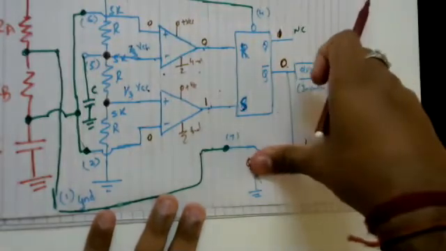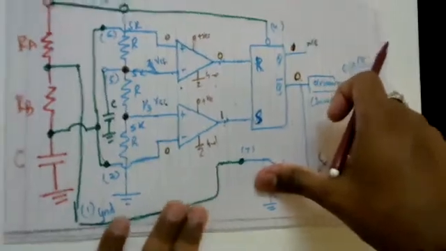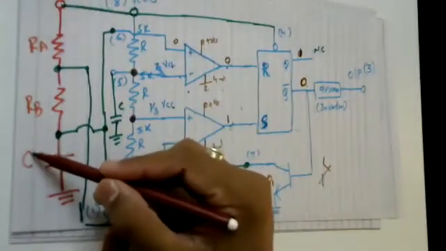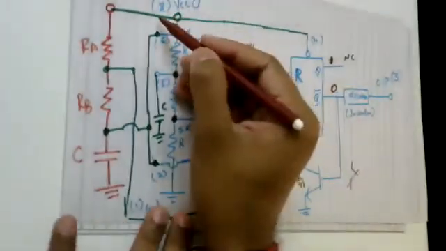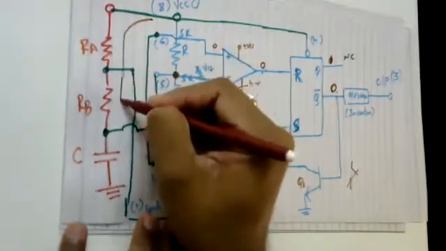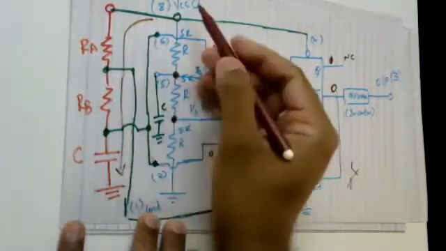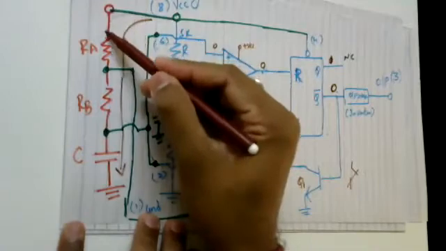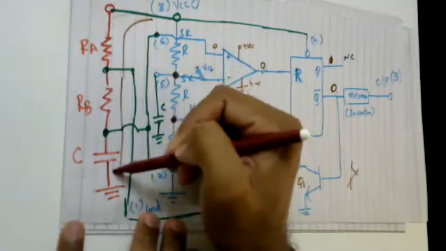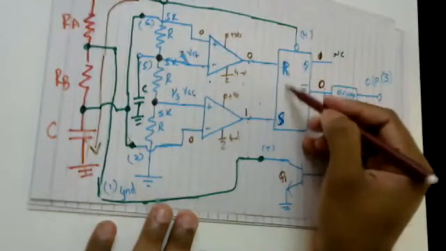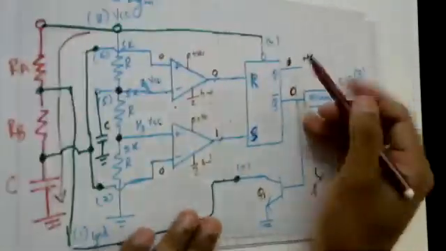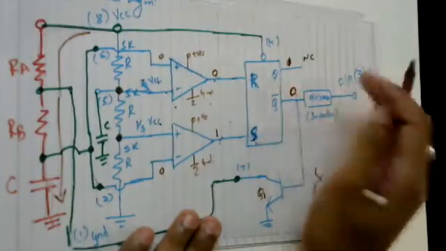So the transistor is open. Since the transistor is open now, this C is going to charge, and the charging path will be like this, from VCC to the ground. From VCC to RA, RA to RB, RB to C. So this is the charging path of the capacitor C. Understanding? Sorry for taking this R over here and S over here. As per our previous circuit diagram also, this is R and this is S.